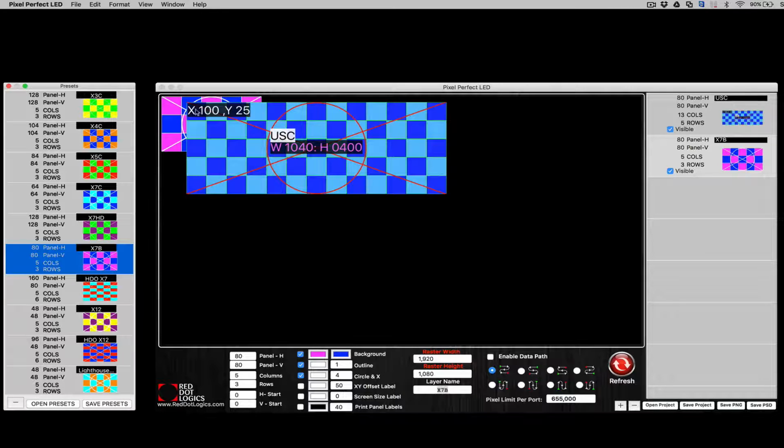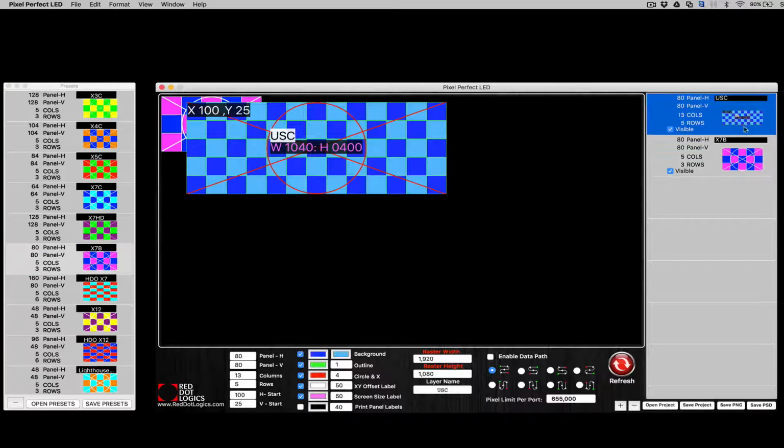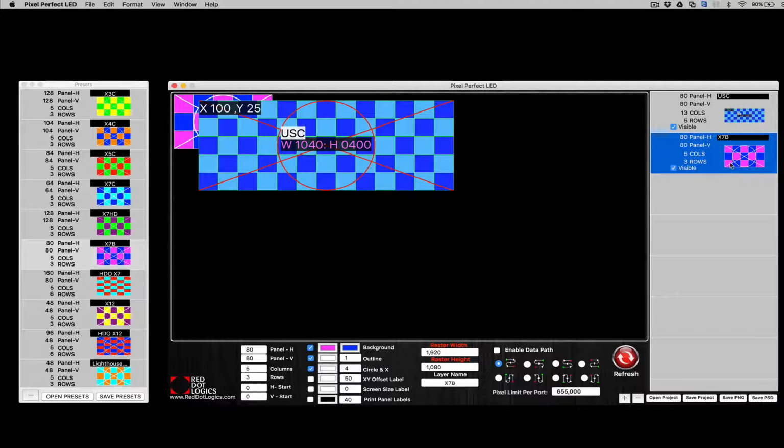And as you can see, I have the screen sitting on the background as it's sitting on a back layer. So the higher a layer is, the higher priority it gets. Exactly how it works in Photoshop if you've ever worked with layers. So as this is in the background,